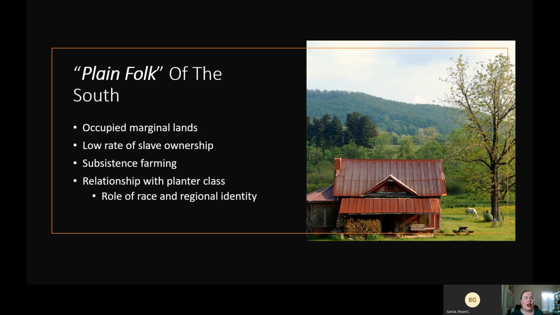Even though these guys are poor, kind of what we would consider the equivalent of white trash, they are still white, which means they are not what? They're not black. They're not slaves, right? They are legally people. Even if they're very poor people with not a lot of power, they're still people. And so because of this, even though there is some resentment of the planters, for the most part, the planters and politicians kind of emphasize that shared whiteness and that shared Southern identity as opposed to Northerners, right?